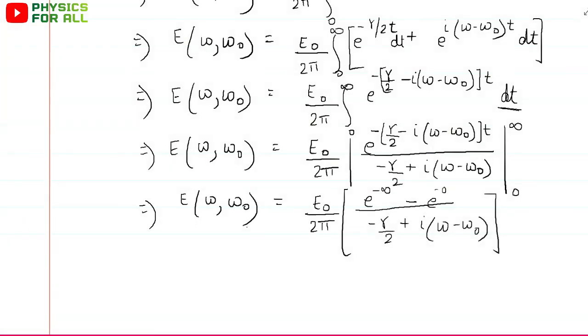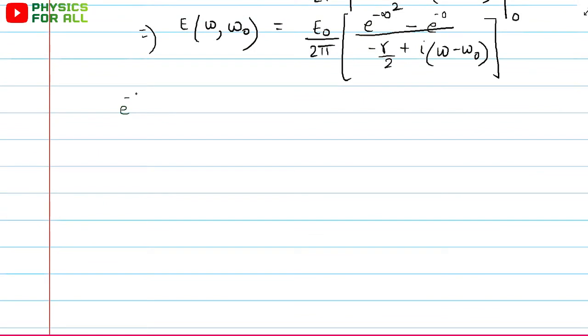Now what is e raised to power minus infinity? E raised to power minus infinity means 1 upon e raised to power infinity. E raised to power infinity, it means if something is exponentially increasing till infinity, that would be infinity in itself. So this, and 1 upon infinity, if a very large number is in the denominator, then the whole quantity itself would become very small. So we mostly write it as 0. E raised to power 0 is 1. So e raised to power minus 0 would also be 1.